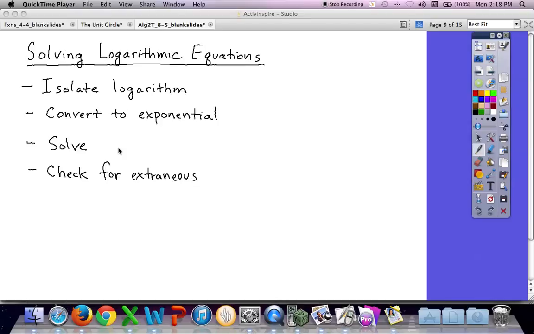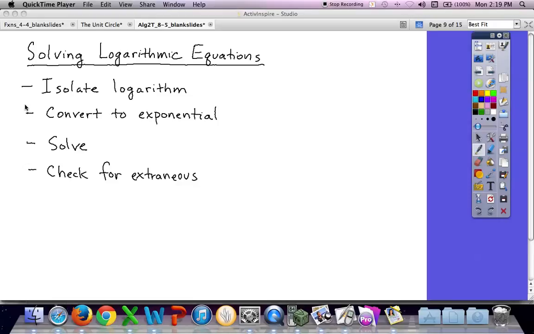The steps to solving logarithmic equations are very similar to exponential, right? We're going to isolate the logarithm. But instead of, you actually can say, take exponentials of both sides. The way the pre-cal textbook says it is they say exponentiate both sides. But I think it's much easier to do something that you already know how to do, which is on the